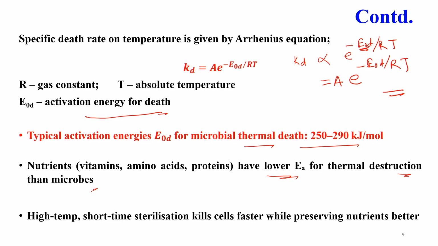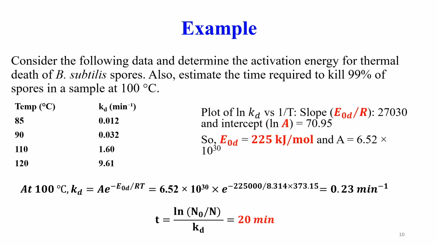So, considering this activation energy for the nutrients and cell death, it is desirable that high temperature and short time sterilization should be designed in such a way to kill the cells faster while preserving the nutrients in a better way. Now, I have listed one example here. So, it says consider the following data and determine the activation energy for thermal death of Bacillus subtilis spores, and also determine the time required to kill 99% of spores at